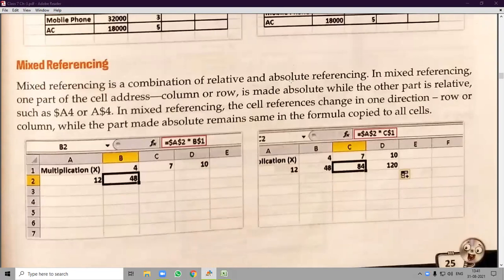Mixed referencing, as the name suggests. So in mixed referencing, one part of the cell address,